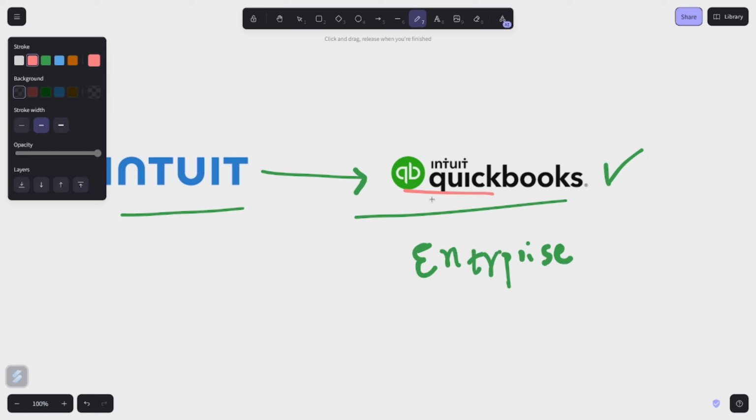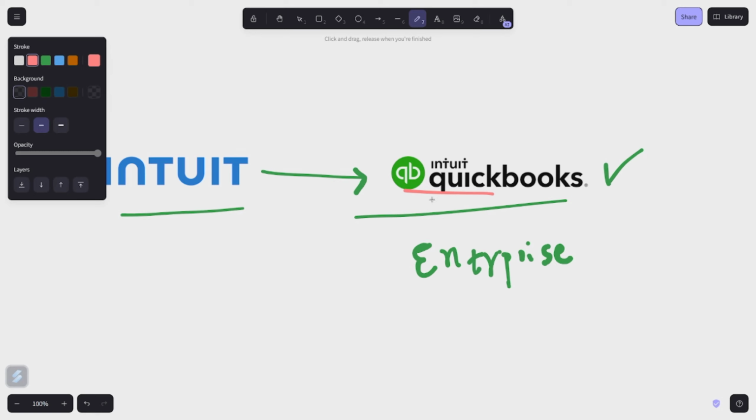So you can think of QuickBooks as a digital financial assistant, keeping your business organized and compliant. It just manages all your business.